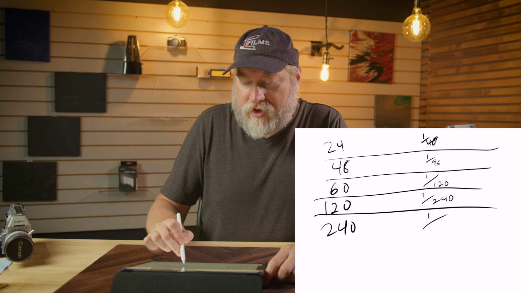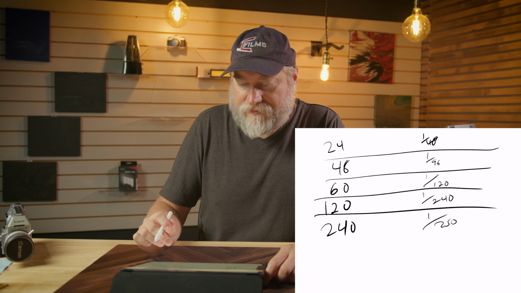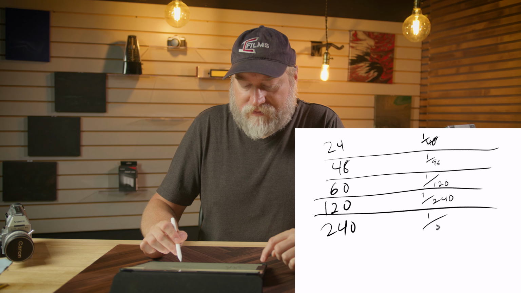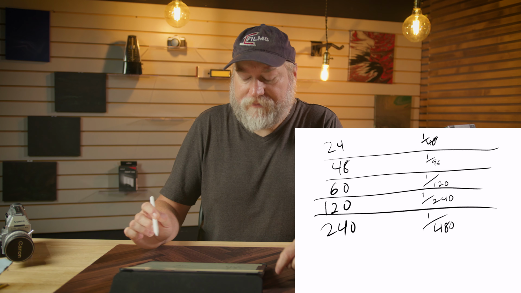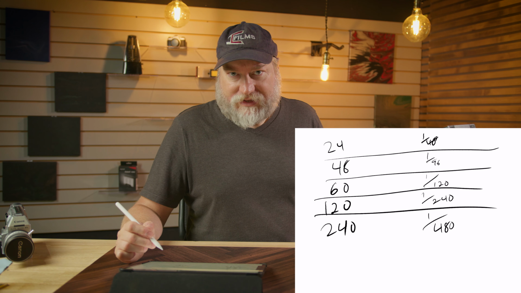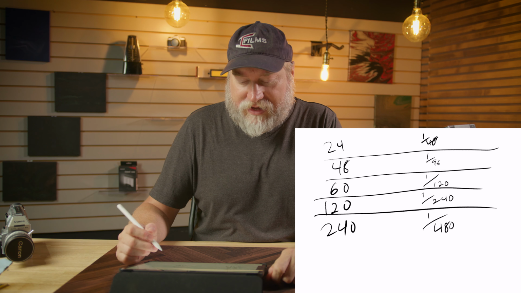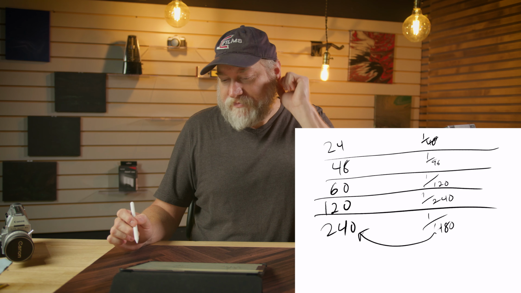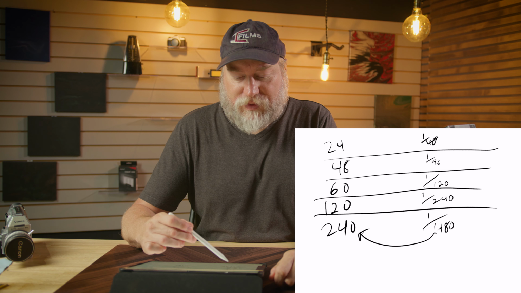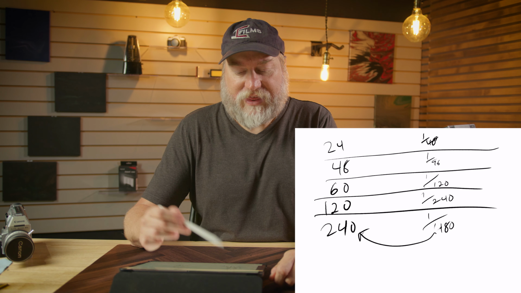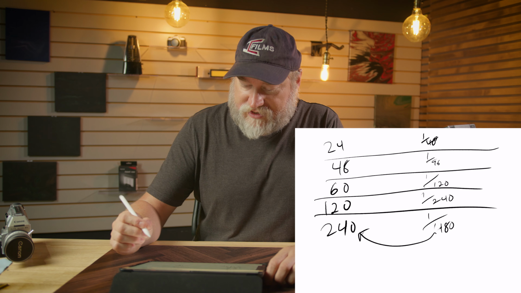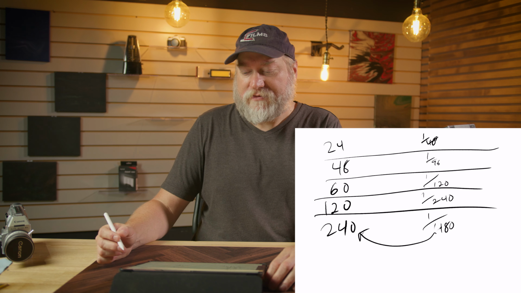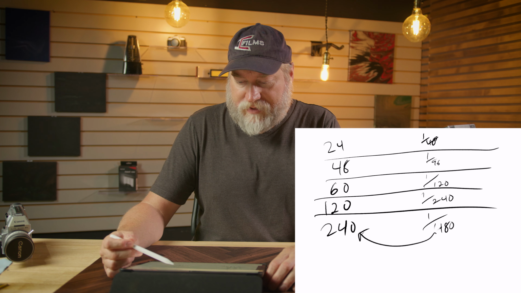This would be 1/480th. All of these are 180 degrees because they're based upon this frame rate. But relative to each other, this one is twice this one, and then twice that one, et cetera, et cetera. So this would be 1/480th of a second, would roughly be,